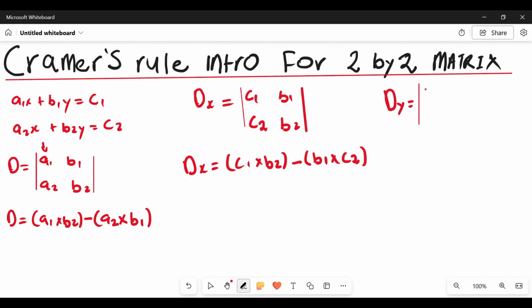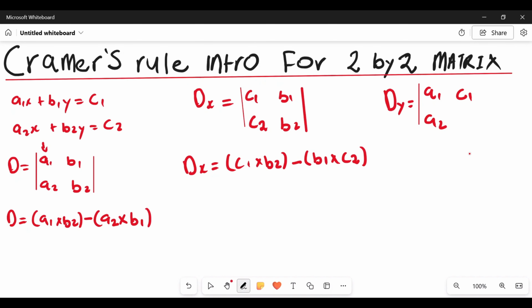But then on the first column, we're going to continue. Now this time we're going to bring back our coefficient for x, which is a1, and then a2 there. Remember, this here, guys, is the original square matrix. All right. And then from there, on the second column, we're going to now substitute our constant for the equation